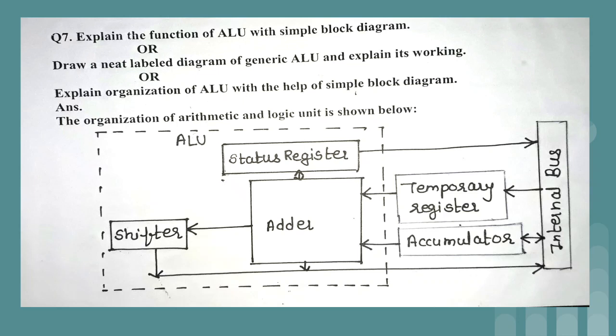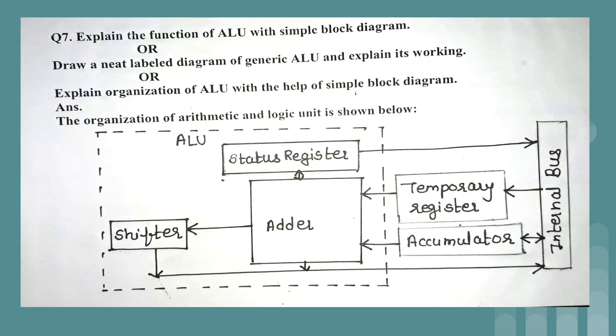Normally one part which we have seen in CPU architecture, that is first we are having ALU, arithmetic logic unit, to which the temporal register and accumulator is connected, right? So now we have same diagram only, but ALU is again consisting of so many components, so that we have shown in this diagram. So basically the background diagram is same which is present in CPU organization. That is ALU is there and ALU is connected to the temporal register and accumulator, and again accumulator and temporal register are connected to the internal bus lines.